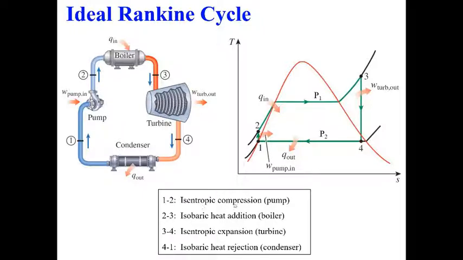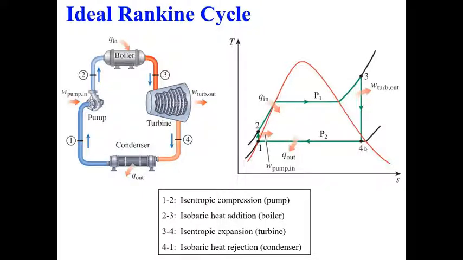So first process is isentropic compression in a pump. Then we add heat at constant pressure, isobaric heat addition inside this boiler, which is shown here. So this is your isobar for P1. It is heated till it becomes superheated vapor at 3, which is shown here. Now from 3 it is passed through a turbine. It expands through a turbine and then it performs work on the turbine, which is our output. So here that process is shown, and that happens isentropically. So it expands through the turbine using an isentropic process or reversible adiabatic process.